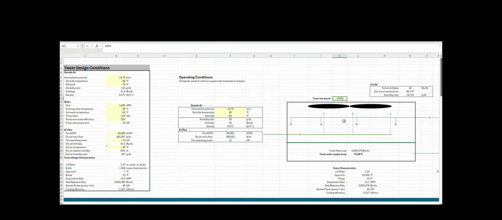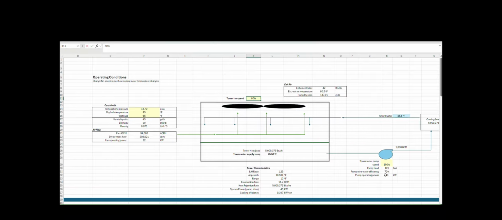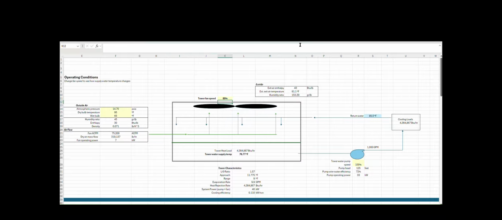So that means that we should expect the temperature of our supply water to increase. So let's knock this down to 80%, and we should see this go up. And let's do the same thing again. Let's goal seek to keep the same range. So I want that to be 10 by changing my return water. And it finds an equilibrium point eventually. So now we're making 78-degree water instead of what we just saw a second ago at 100% speed was about